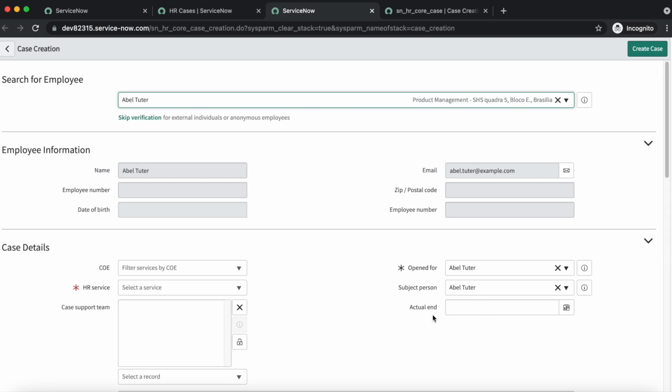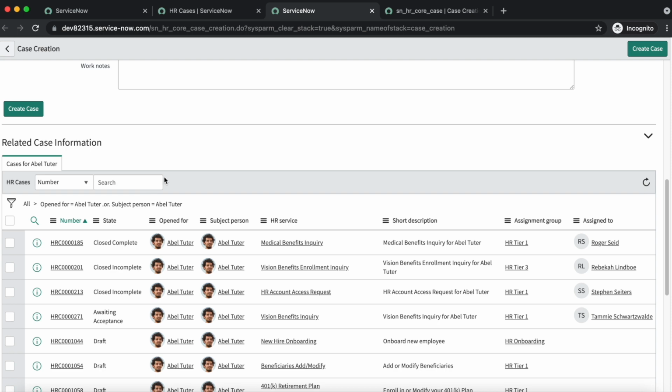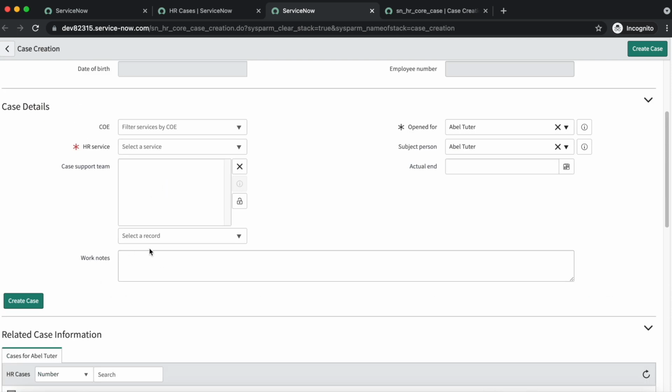So here you can see that we have an actual end on the right side. We also have a bottom task field. Here you can see that we have work notes at the bottom, left, right and then again bottom. So if you want to add some fields at the bottom, you can just click on that